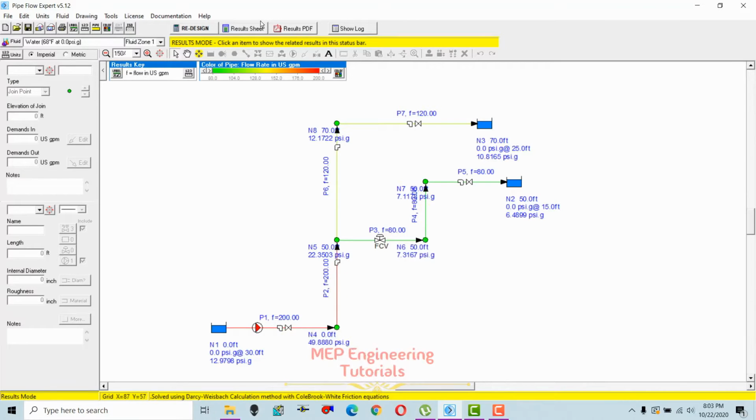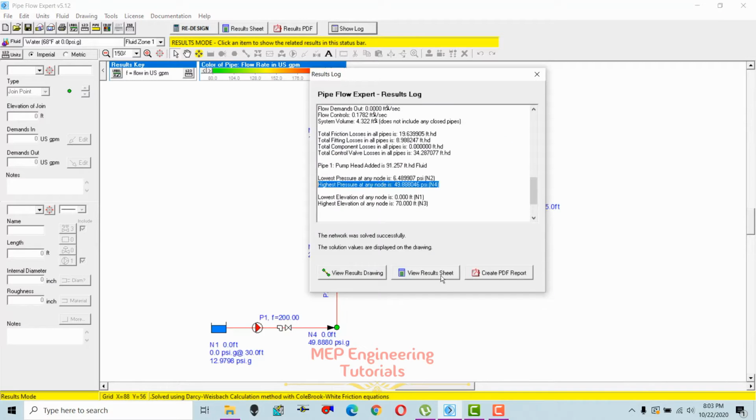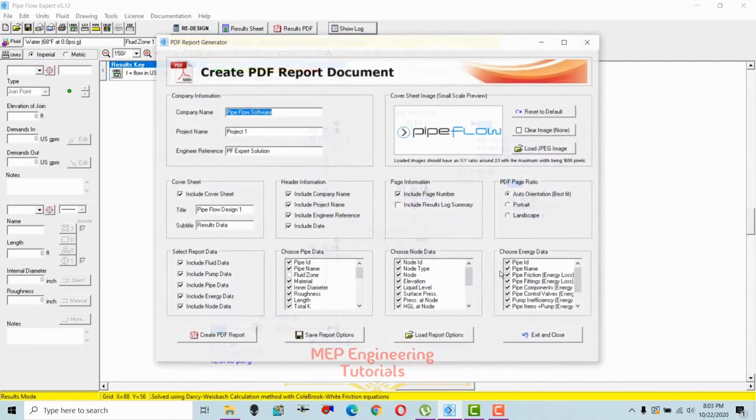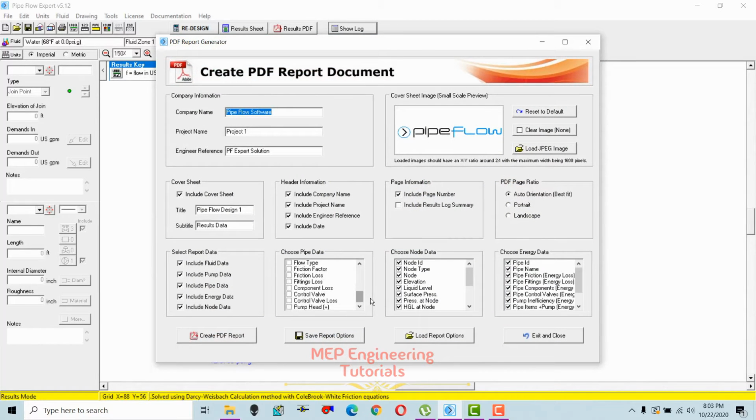So you can also go back to your log. You can view the results in Excel sheet also by clicking this one, or you can also create a PDF report. Just click this one, and whatever the data you need you can select and check the PDF report. So you can also change the company name, whatever your company name is you can write in here. You can write the project name,